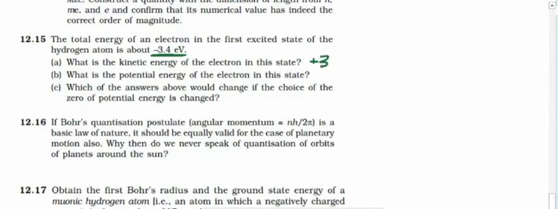Kinetic energy is the positive of total energy, the same concept we can apply. And what is the potential energy? Potential energy will be its double and negative, so 6.8 electron volt. Then which of these answers above would change if the choice of the zero of potential energy